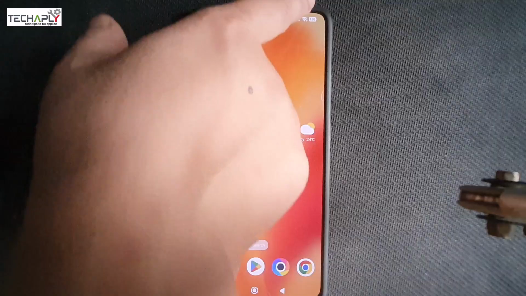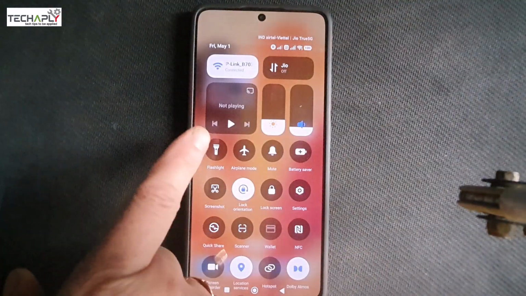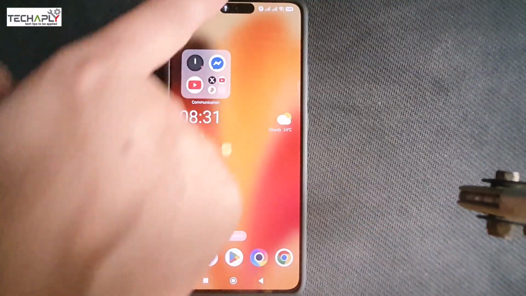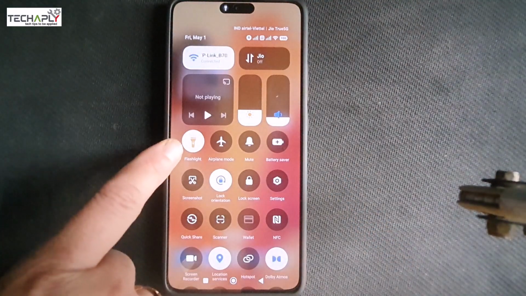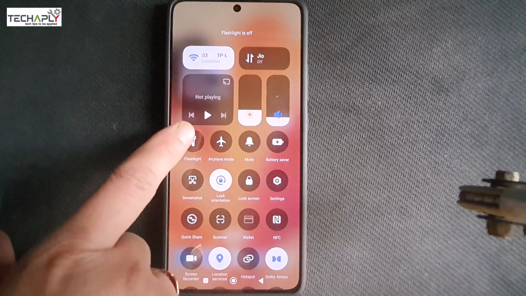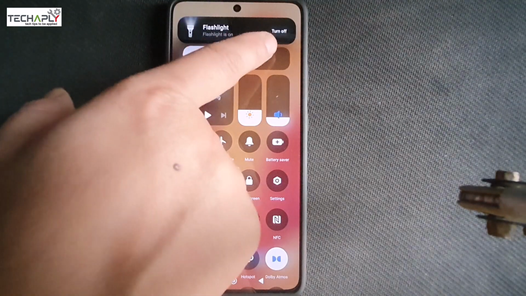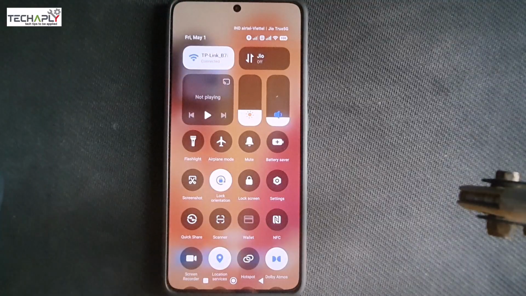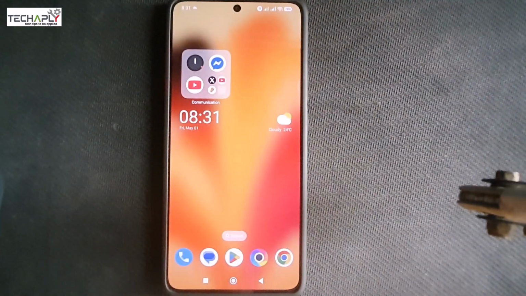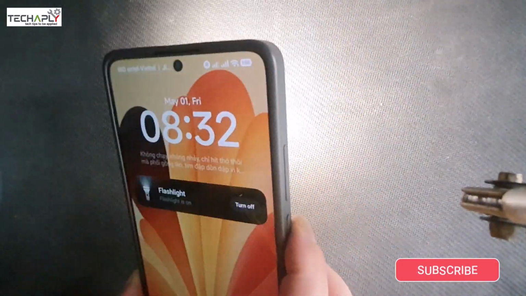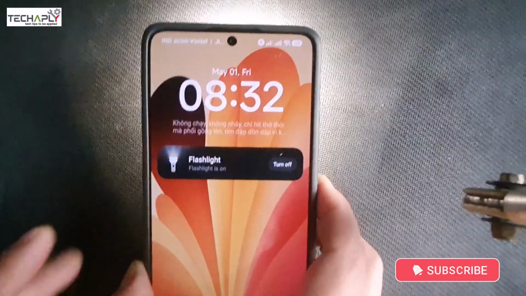Alright, now to turn on the flashlight, just swipe down from the top right, then tap on the flashlight icon. As for turning off the flashlight, you can do it by swiping down one more time and tap on the flashlight again to turn off. You can also tap on the flashlight icon that appears on the top of the screen and turn it off. If you find that using power button will be convenient for you in some situations, then check out the way